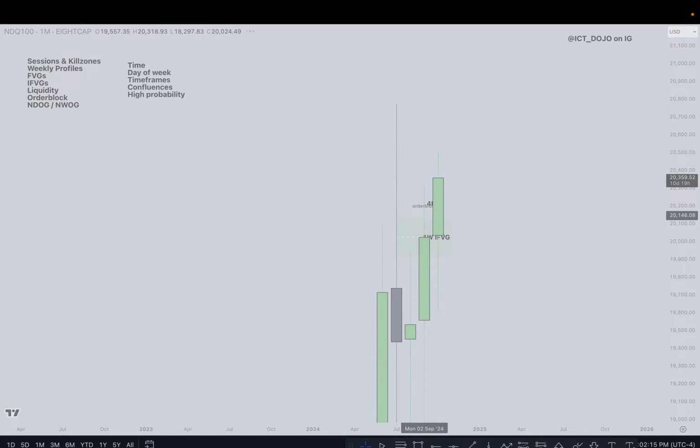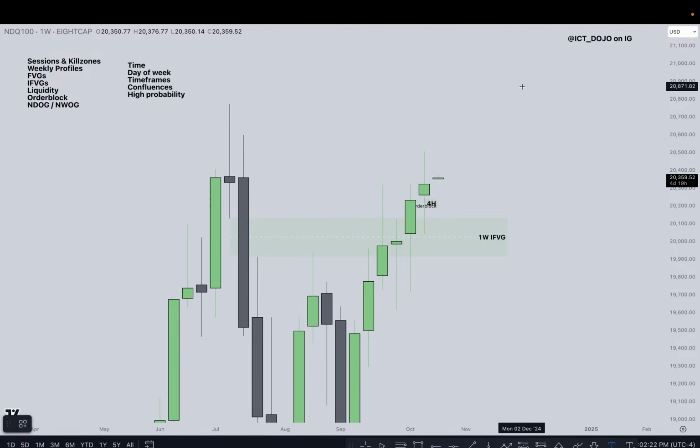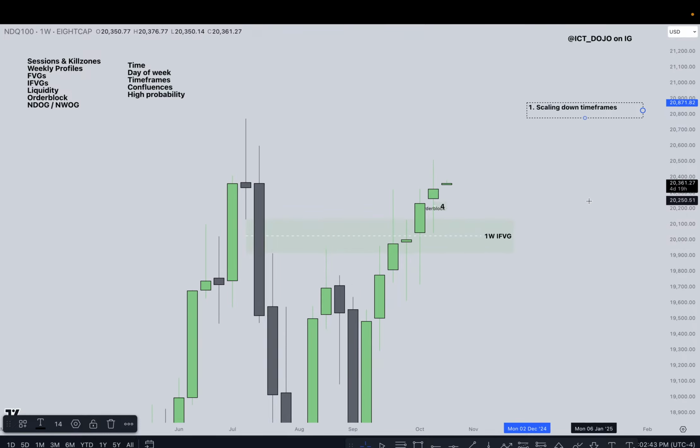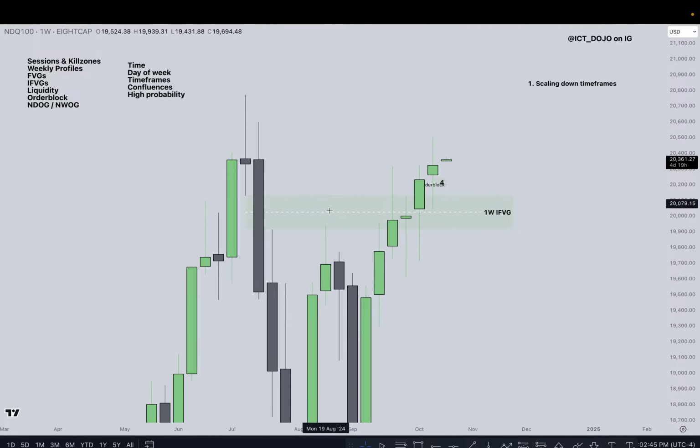I start scaling down. So the first thing that I want you to write down, or at least memorize, when it comes to building a model, is scaling down time frames. Okay, that's the first step of a profitable model. Scaling down time frames. And what you scale down with is the confluences that surround you on that time frame. So that's the first thing. I'm gonna hop on the futures chart in just a moment to show you guys on the futures as well